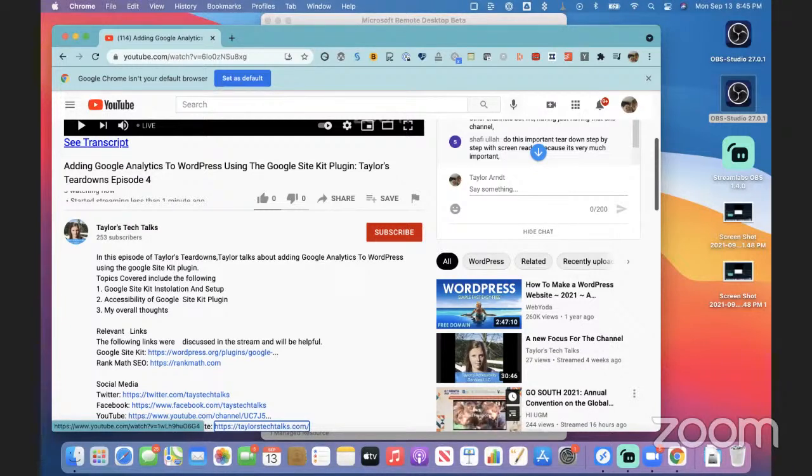It's been a great teardown, but overall, great plugin if you're looking for analytics. It's the best one that I can think of, and it really gives you a clear picture of where your site can improve, but also where your users are coming from. So overall, I would highly recommend it, and it's a very accessible plugin for everyone. I would really prefer that the charts be a little bit more accessible, but honestly, charts are hard to make accessible.